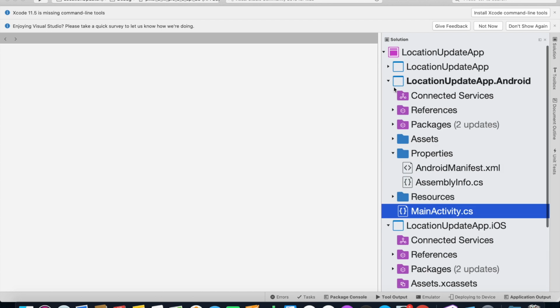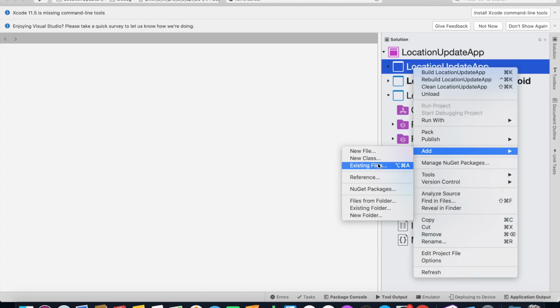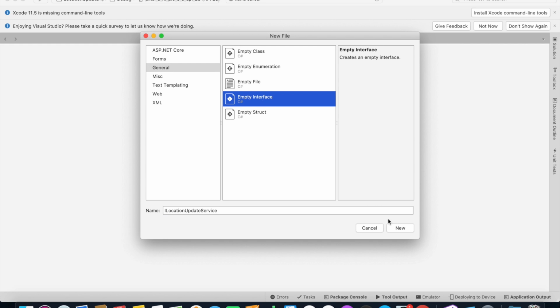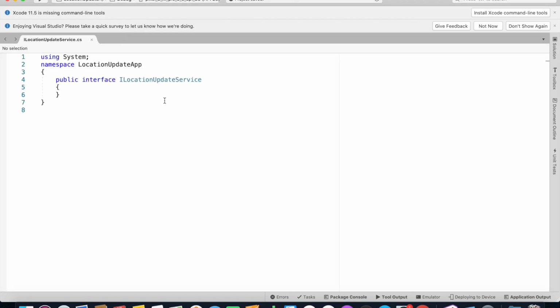Let's go to our shared project and add a new interface called ILocationUpdateService, and it's an empty interface. Click new. So inside this interface we'll be having a void method, GetUserLocation,